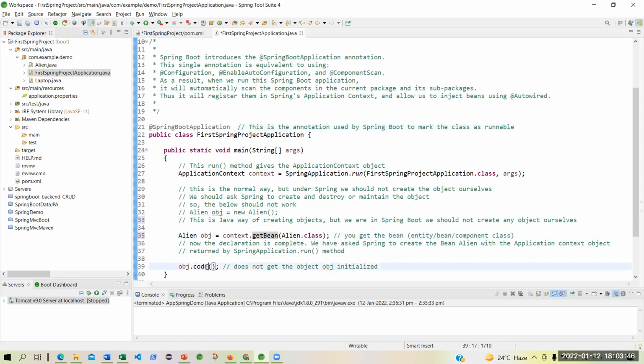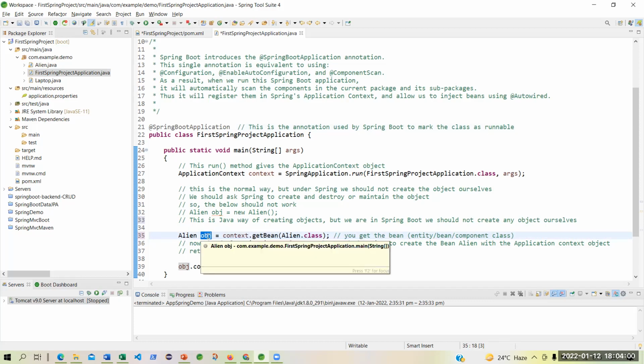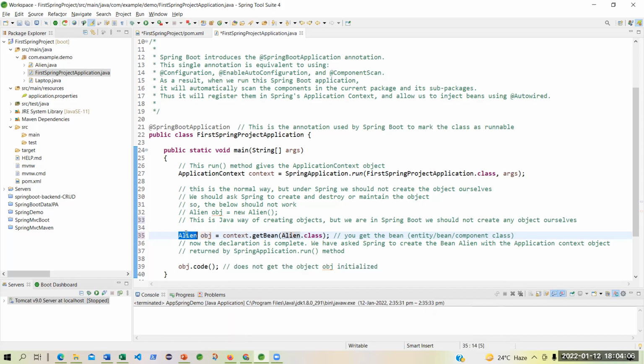Now I have created this object. I have not created it. Spring Boot has helped me to pick up this object and assigned it to an obj, a variable which is of type Alien. Alien is an object or a class.